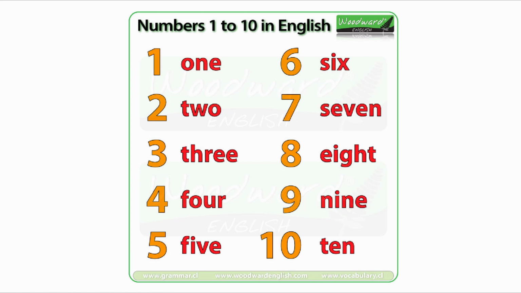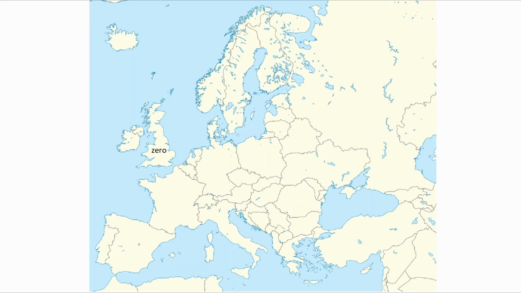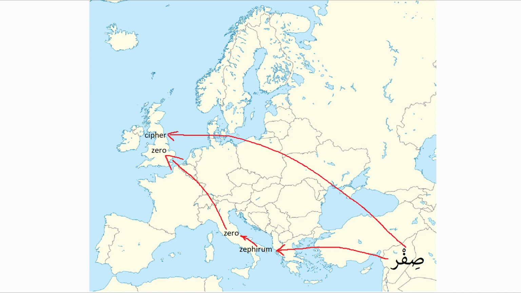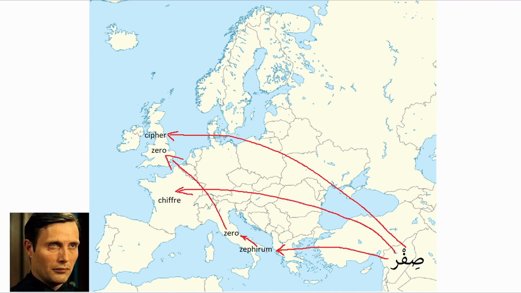And where better to start than zero? Interestingly enough, zero was introduced to English from the Italian word zero, which came from medieval Latin zepiro, from Arabic cifr, meaning empty. But what may be less well known is that another word in English derived from cifr, cipher, which originally meant any numeral, but now often refers to a way of encoding information. The French word chiffre still holds the same meaning of digit.